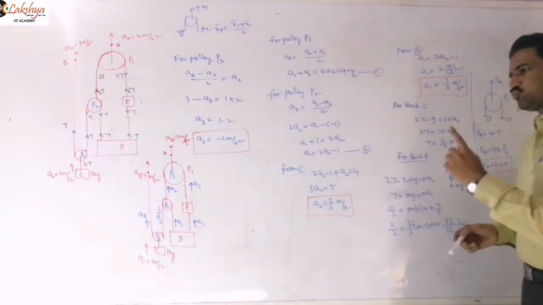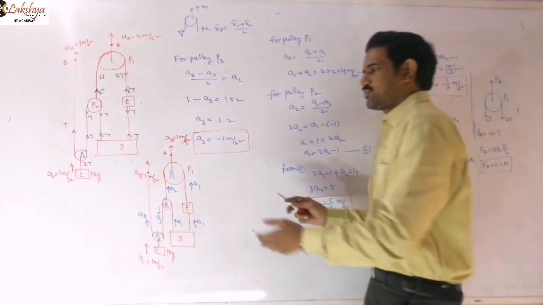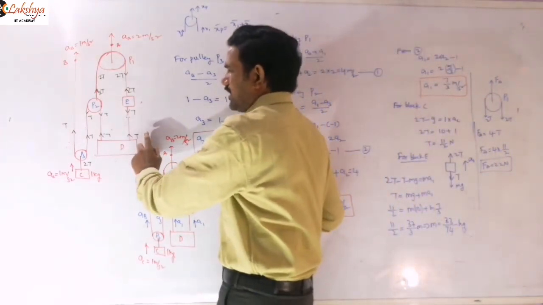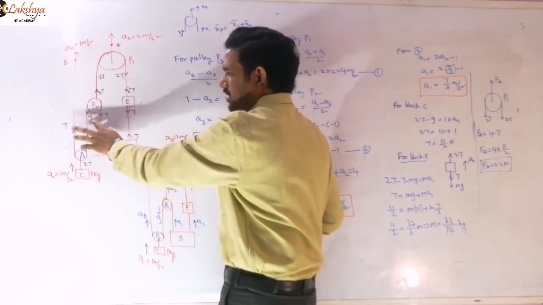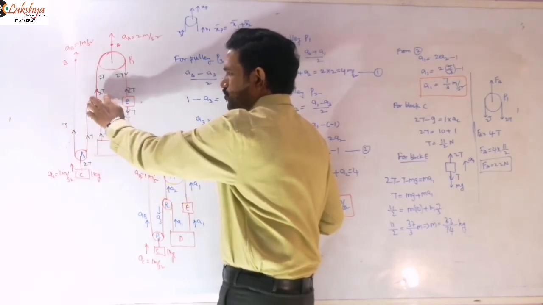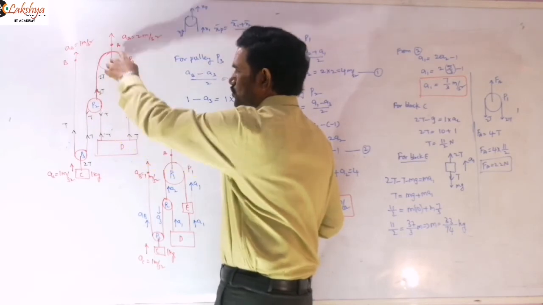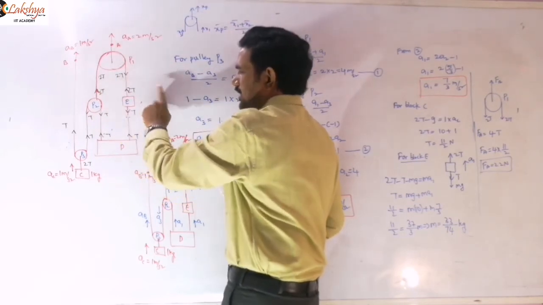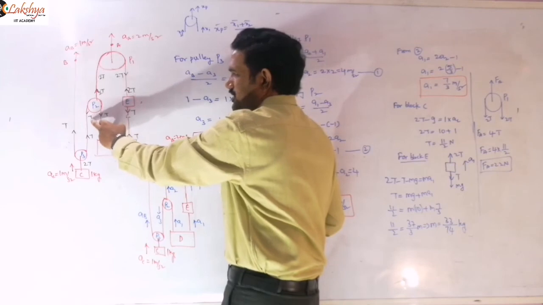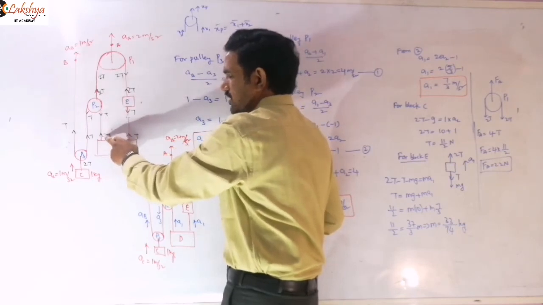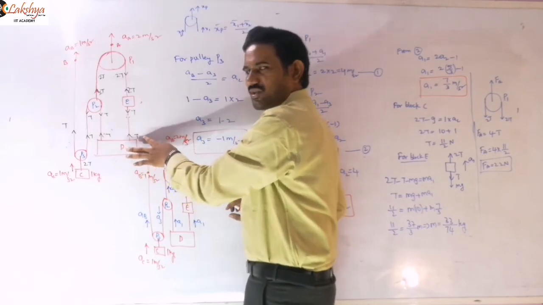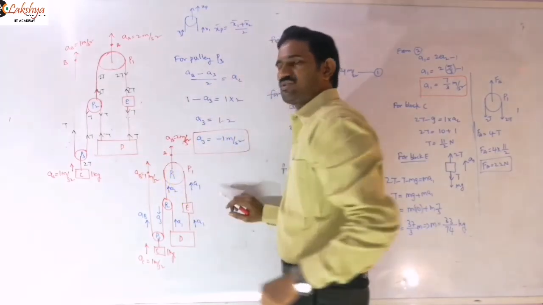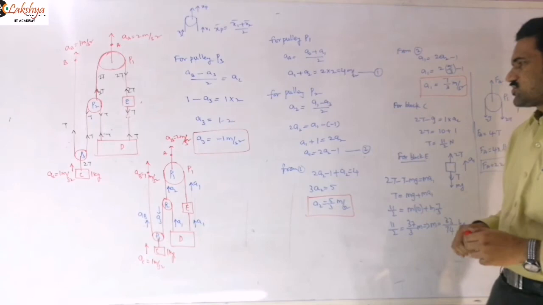For the force calculations, I am taking the acceleration of this block, that means the force equation for that block. 2T is acting upwards, so I mentioned the tension distribution here. If I assume it is T here, it is also T, then it will be 2T. Here it is T and here it is T, means here 2T and here also 2T. So here you will get 4T. And next, here if it is T, here also T, and here you will get T. And as D is symmetrical, if this is tension T, here also the tension should be T, and so here also the tension will be T. So that is our tension distribution there.